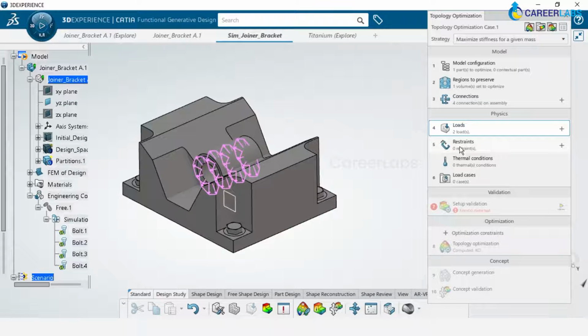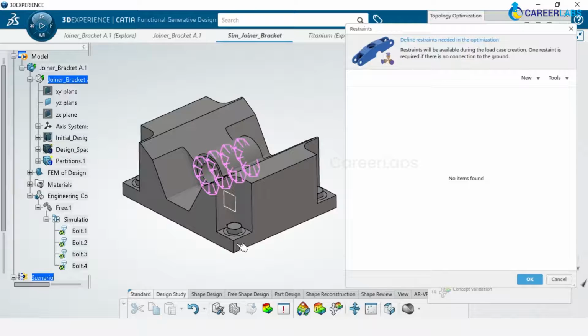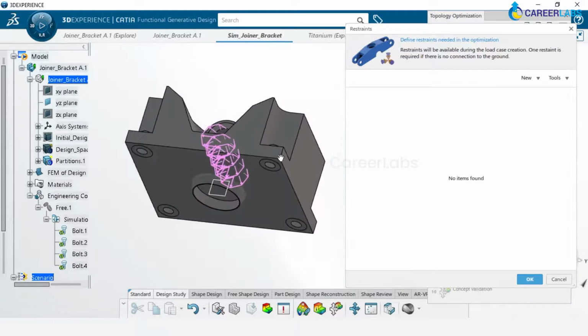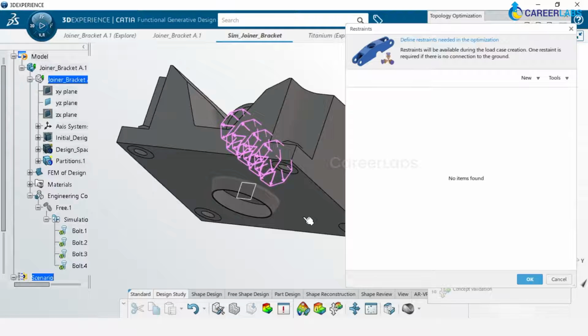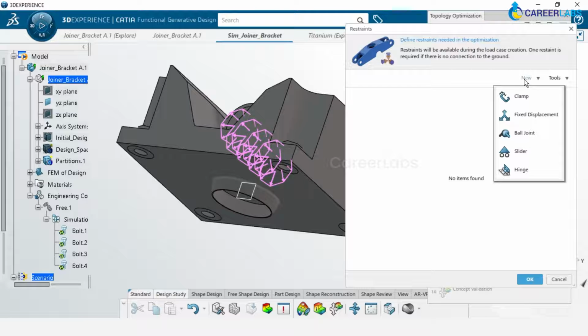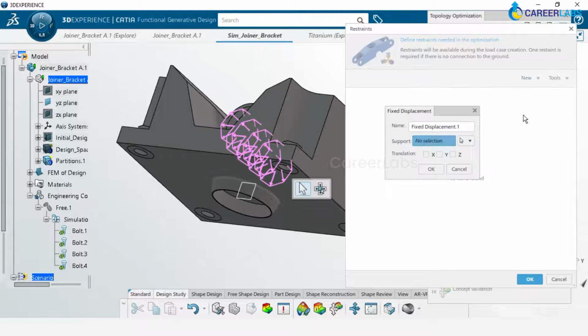Next is restraints. So what is restraint? Already these bolt connections are nothing but a kind of restraint. So it won't allow this part to move in any of the other 2 directions, or let's say even in 3 directions. Okay. But other than that, there is something known as restraint, which is again locking the degrees of freedom. So this particular part has a drafted model here, which is basically to position the part in a precise manner. So we will also try to replicate the same stuff using this fixed displacement option.